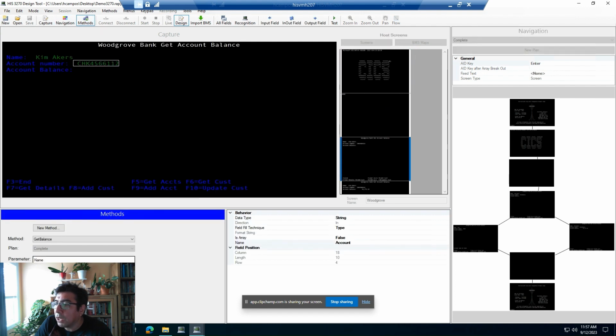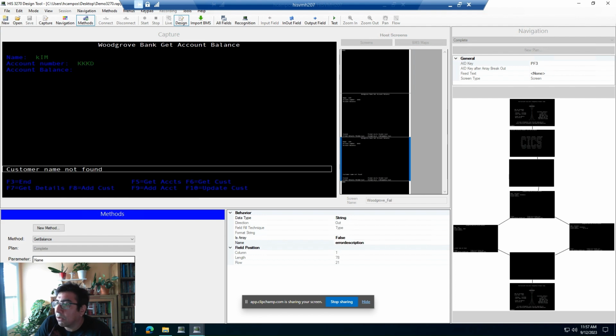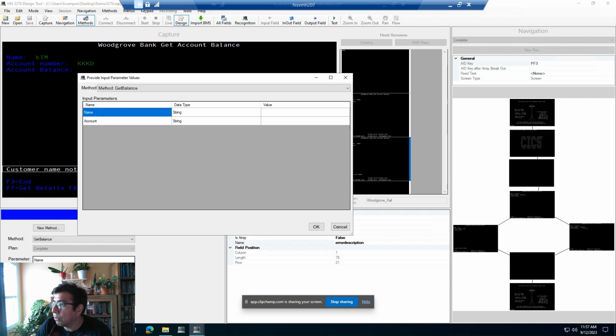So if I go to name, this is account, right? And then this is balance, and then this is the error description, right? For instance, in this case, I'm calling the customer name not found, which is coming from the wood group fail screen, right? So then if I decided to test this, what's going to happen is that it's going to take me to the execution of the method,